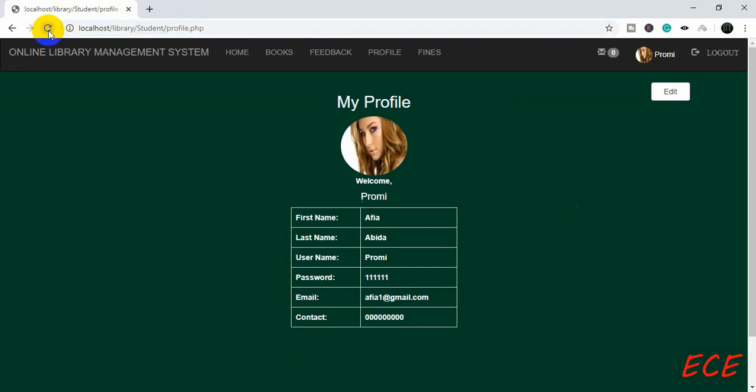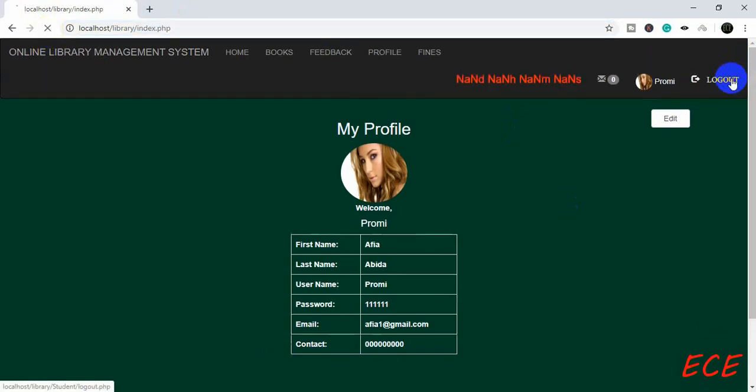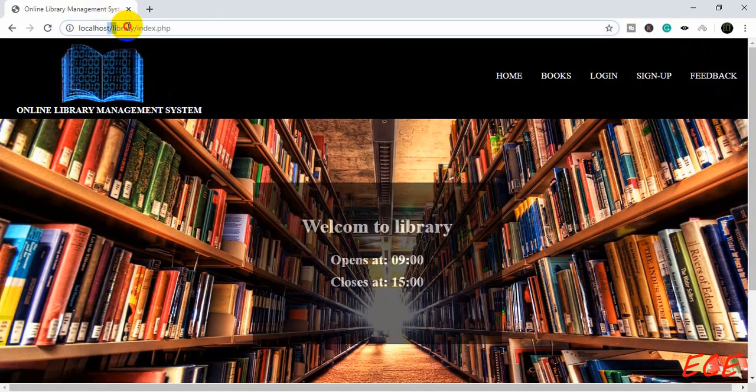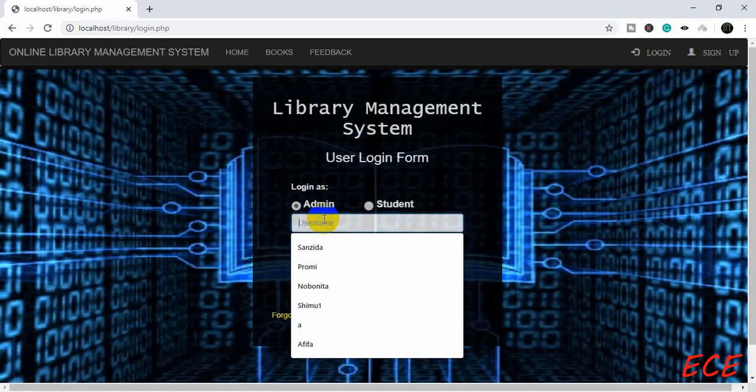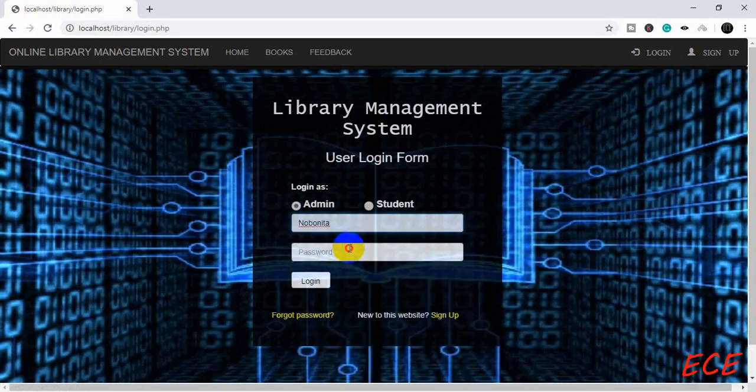Okay, now we will log out from here and you will see that we are inside the library folder. You can see we are outside the student folder, and if we want to log in again, here we are again. We can log in from this to our admin side. Let's do this now,